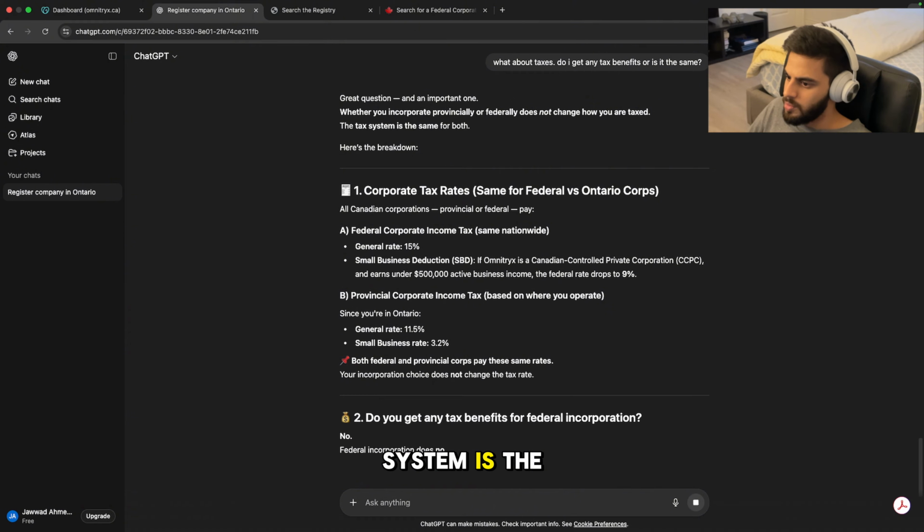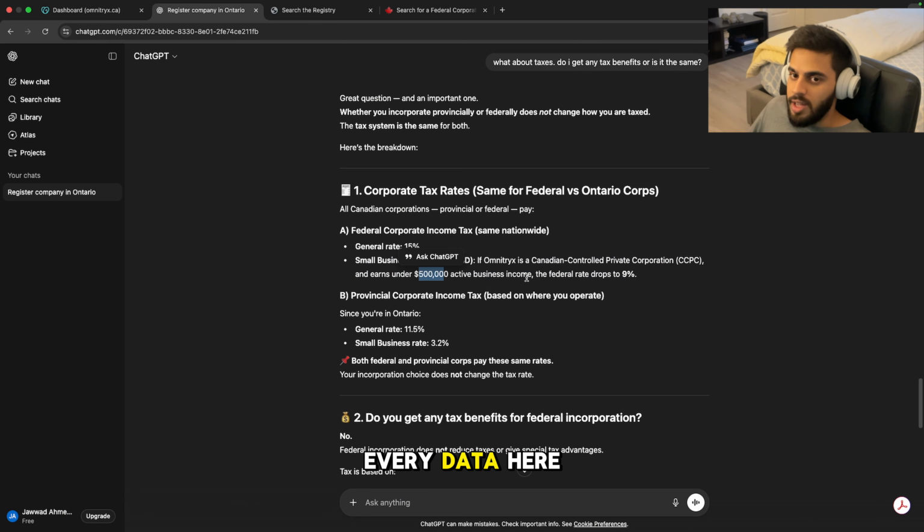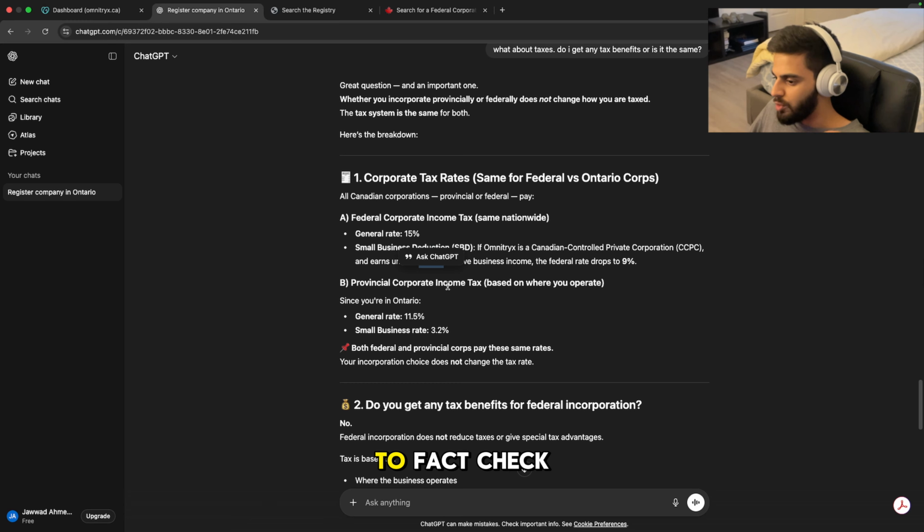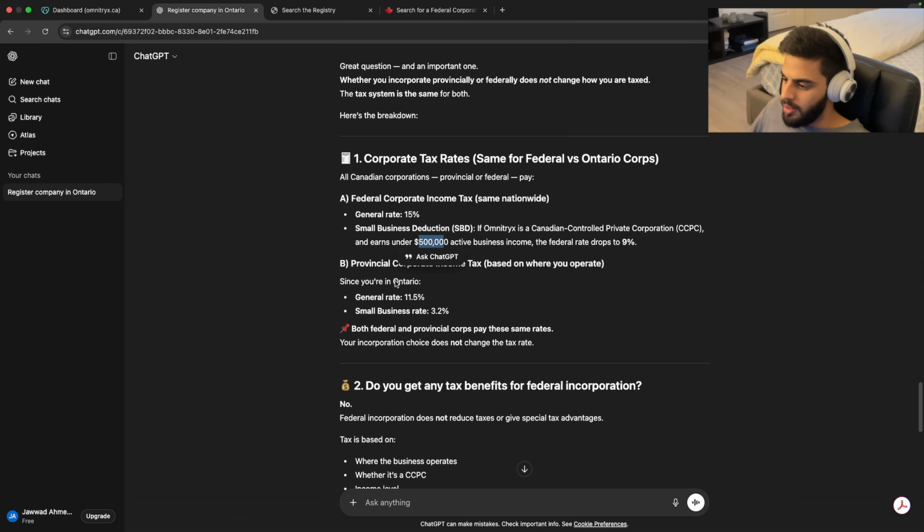So the tax system is the same. That's cool. The tax rate drops, so 9% if it's less than 500,000. So remember, not all the data here is accurate in ChatGPT. You still have to fact check and double check, make sure that you're getting the right data. Okay.